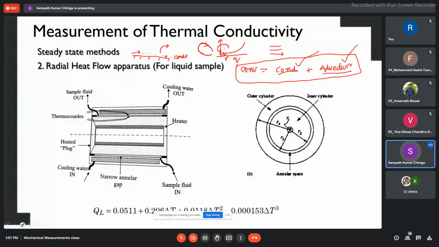All right. So the point is, you need to find out conduction. If you want to find that, we need K, the thermal conductivity. But we don't want to have advection in this particular case. When advection is there, the whole thing will come in the form of h A delta T. So convection is equivalent to h A delta T, where h is basically our heat transfer coefficient.